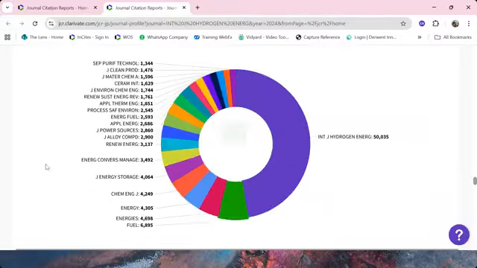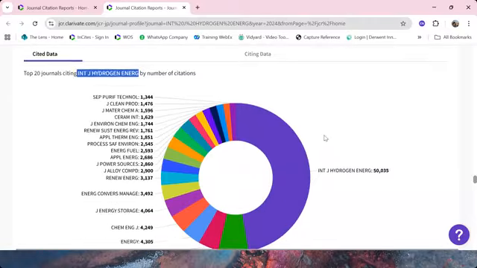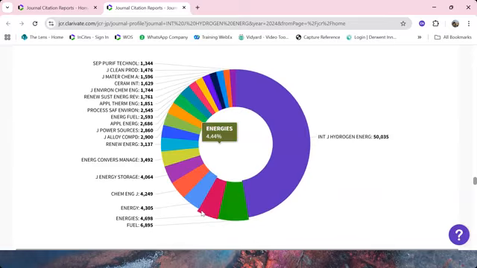In the event that I submitted my manuscript to this journal, International Journal of Hydrogen Energy, and let's say I got rejected, I can come to this journal citation relationship wheel and see which other journals it has a relationship with. So I can possibly go to Fuel, I can possibly go to Energy, Chemical Energy journal, and these become my alternative places I can send my manuscript to.